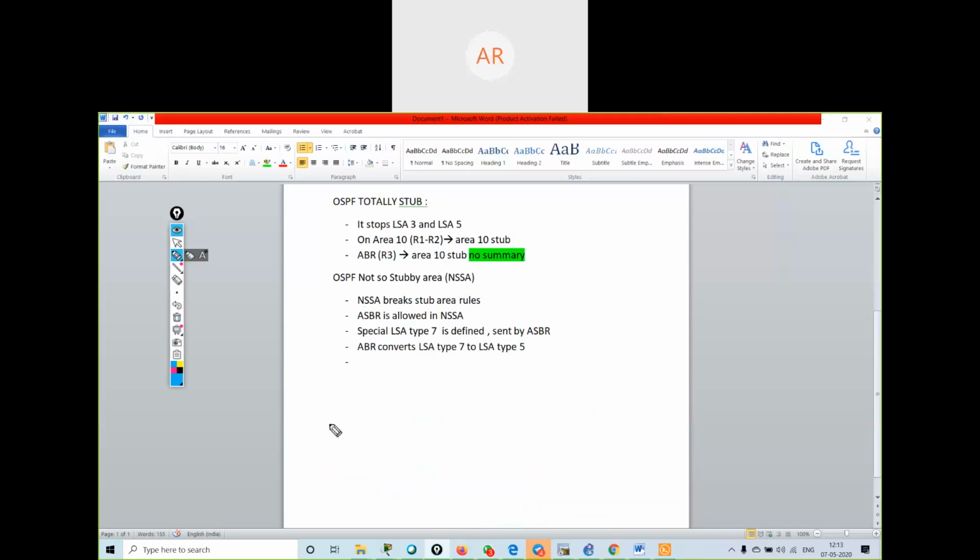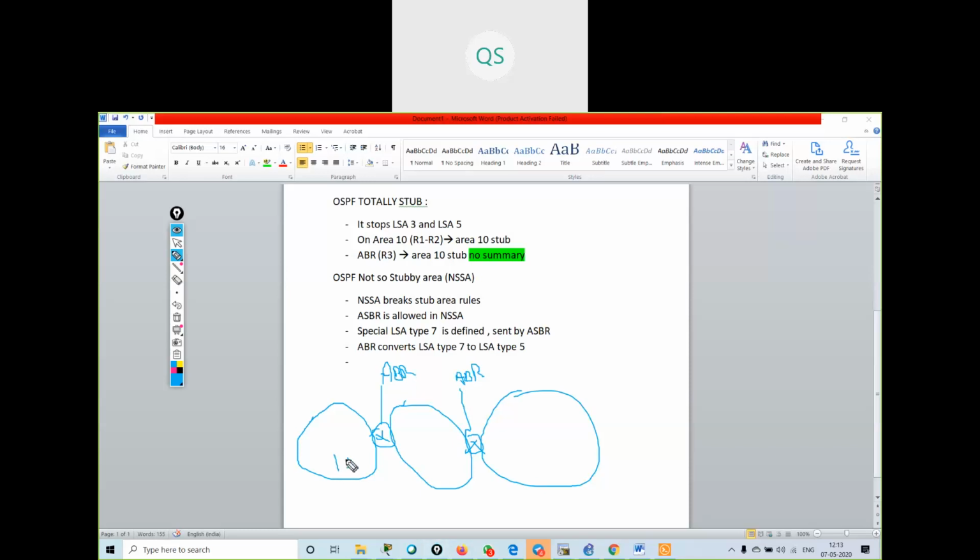So what I said, I am having different areas. They are connected with each other like our previous scenarios. We are having ABR routers. These are our ABR routers. This is my area 10, this is my area 0, this is my area 20. Here I was running EIGRP. Now when I configured stub, then what it did, it configured a default route.